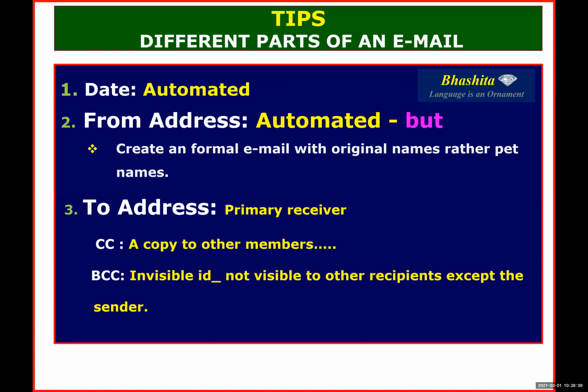But where you need to mention the to address, actually, I have already explained the difference between CC and BCC also. To address is nothing but the primary receiver, the main receiver of the email. And CC stands for, if you would like to send the same copy to other people of the same organization as a Xerox copy, I could say that. We could consider CC as a Xerox copy. If you would like to send the email as a copy to them, you can mention those email IDs under CC. CC stands for carbon copy.